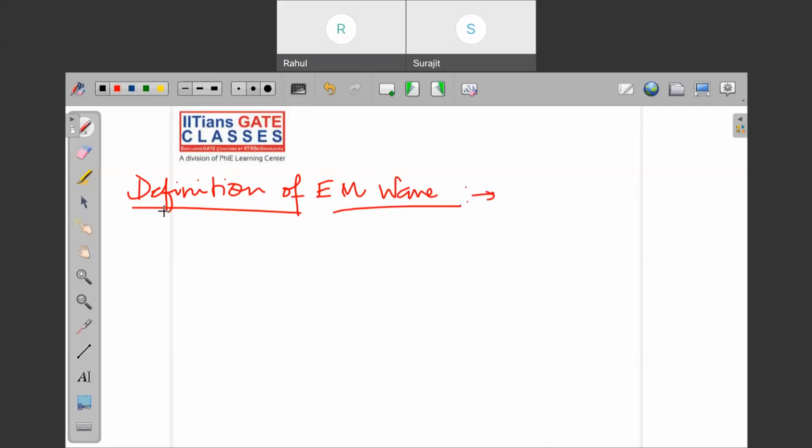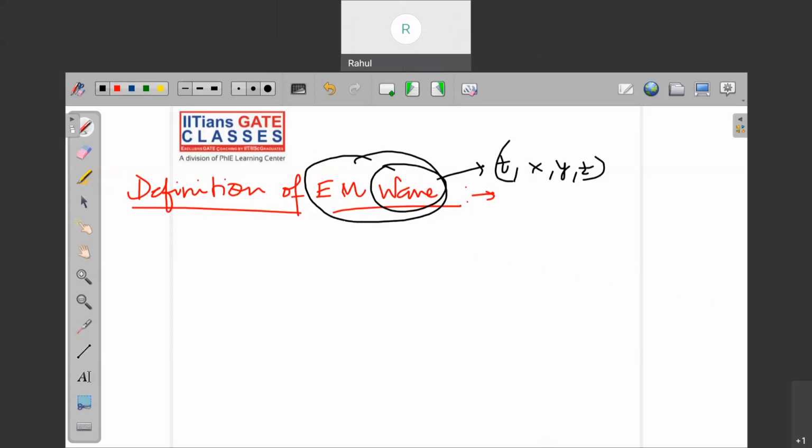to understand, what is a wave basically? A wave is basically a physical phenomenon which reproduces after a certain amount of time at some other places. So this electromagnetic wave will depend upon the time and the space variables x, y, and z. So, to understand the electromagnetic wave phenomena, as well as to understand entire electrostatics and magnetostatics, we